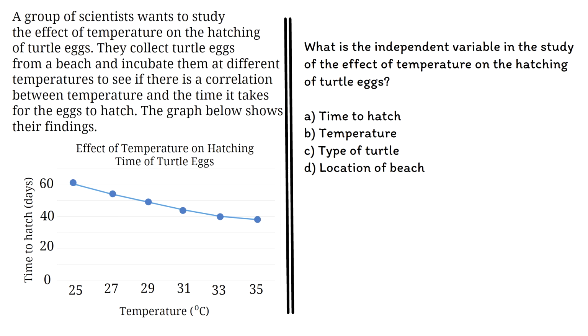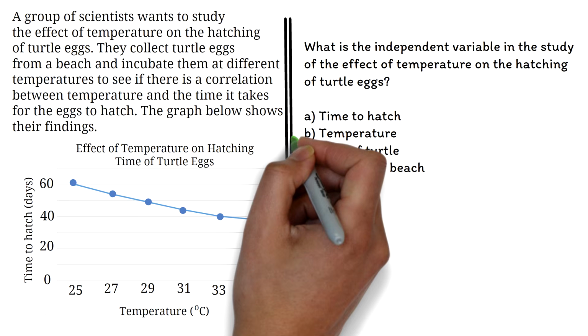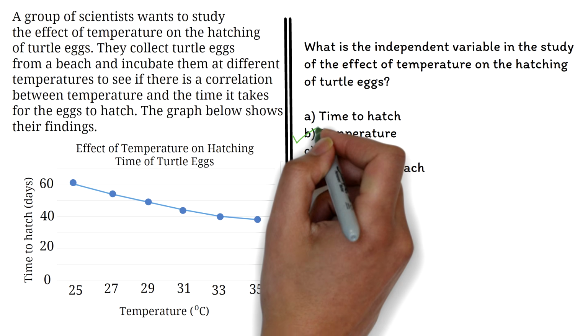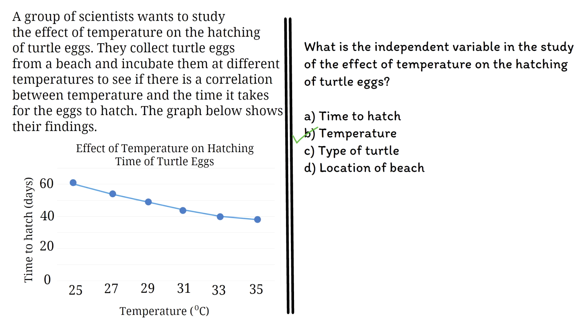What is the independent variable in the study of the effect of temperature on the hatching of turtle eggs? A. Time to hatch. B. Temperature. C. Type of turtle. D. Location of beach. The correct answer is B. Temperature. To be good in this section of the GED, you must be able to identify the dependent and independent